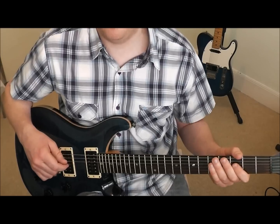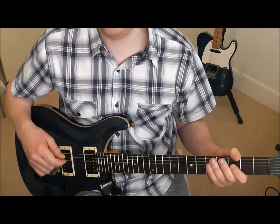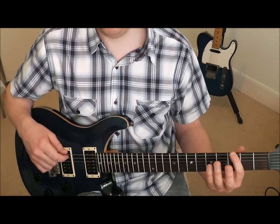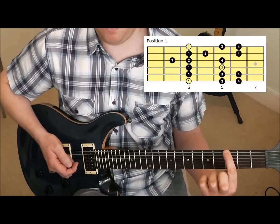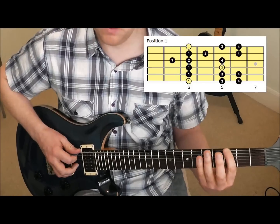Okay, in this lesson I'm going to teach you how to play the 5 positions of the natural minor scale, also known as the Aeolian mode. For all these examples we're going to be working in G minor, so G natural minor. Let's start with position 1. So this shape we're going to start on the 3rd fret of that 6th string. Okay, so if I play the notes on the first 2 strings, we've got...